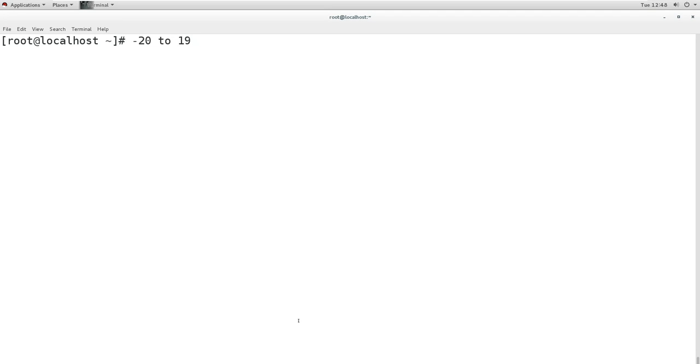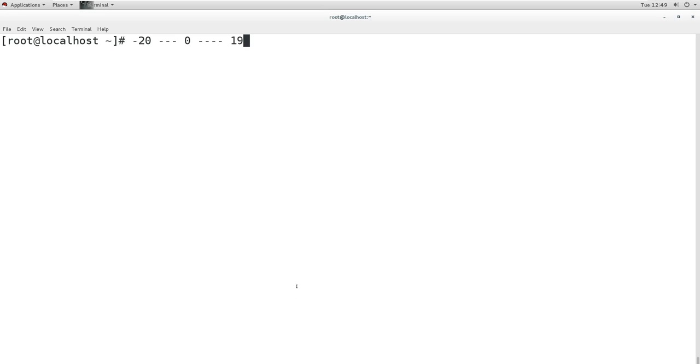Now -20 to +19 means what? In between you will get 0 and then you will get +19. So depending on the process priority, it gets a unique priority level and it is called the nice level.